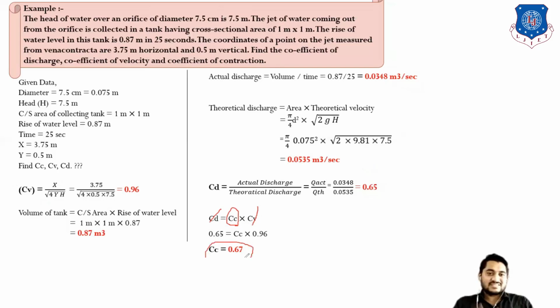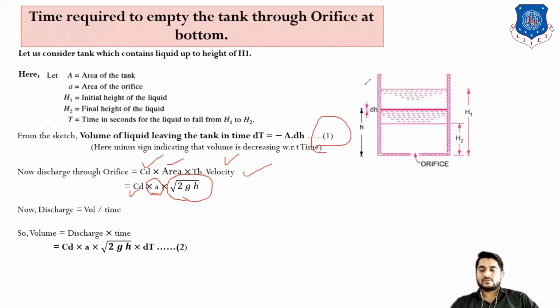Clear? In this type of example, remember students, the value of all coefficients must be less than 1, right? If you get any value greater than 1 for a coefficient, check your example again. And in this type of example, you have to assume a suitable practical setup also. Then and only then will you be able to solve the example. Clear? Now let us understand some basic theory.